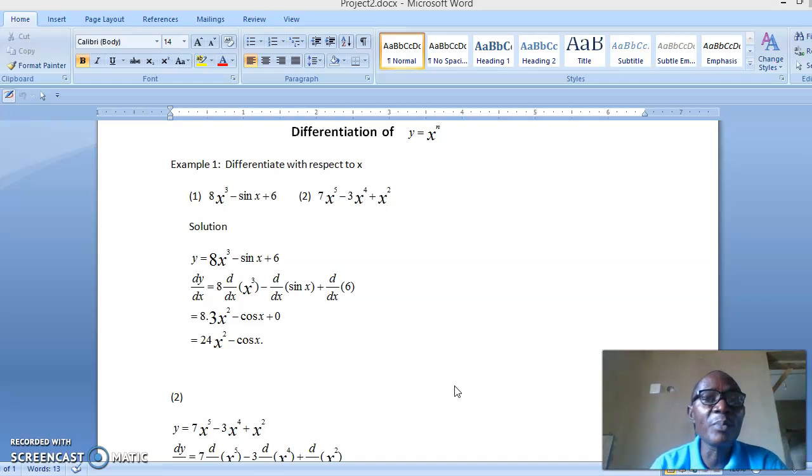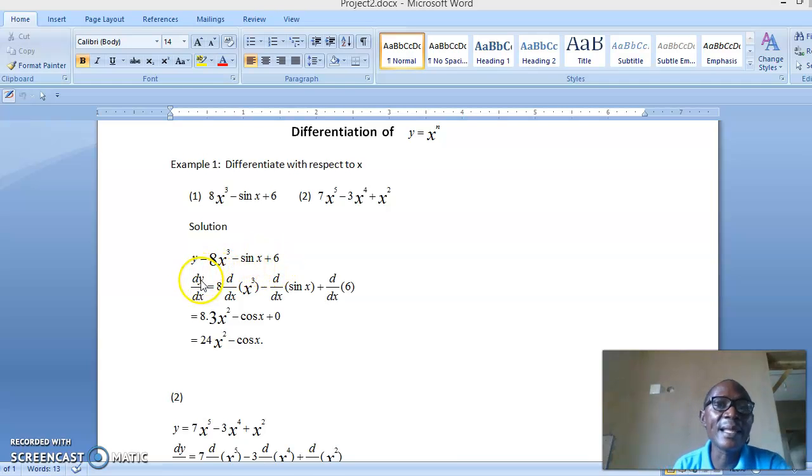So in the first example, we have to differentiate with respect to x: 8x cubed minus sin x plus 6. Second question: 7x raised to power 5 minus 3x raised to power 4 plus x raised to power 2. Now the solution. To differentiate y equals 8x raised to power 3 minus sin x plus 6